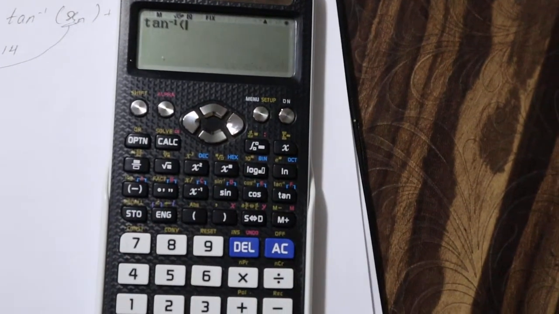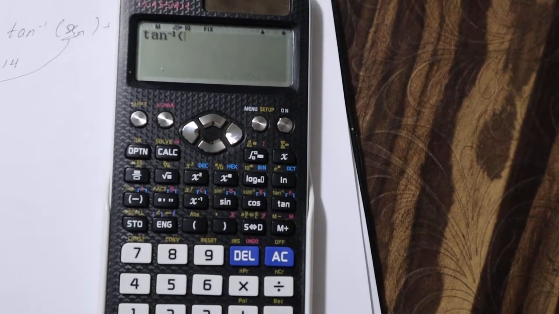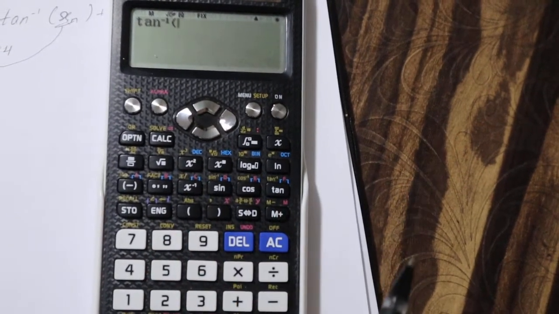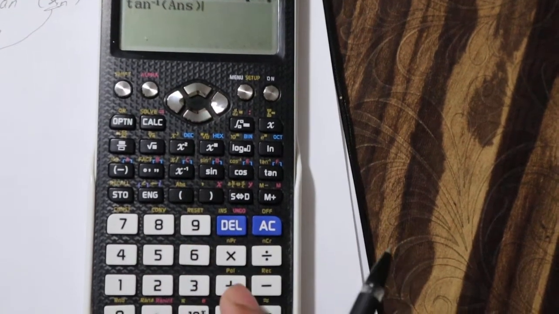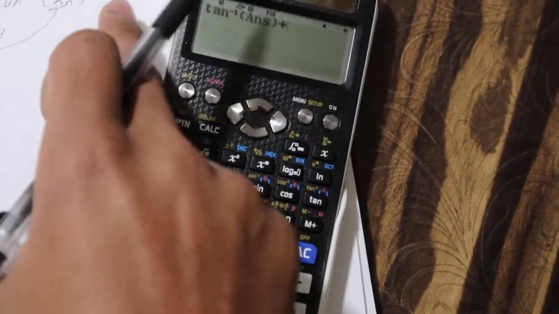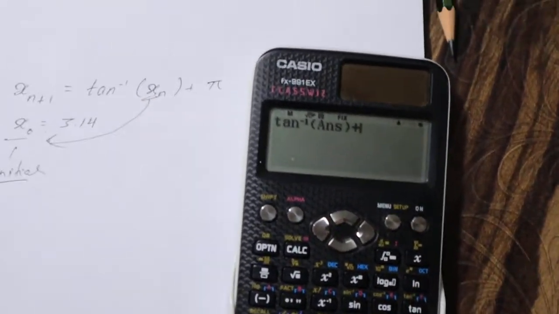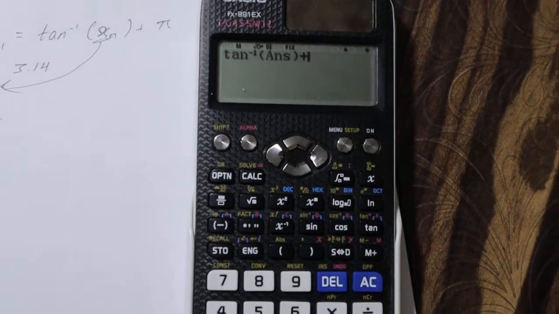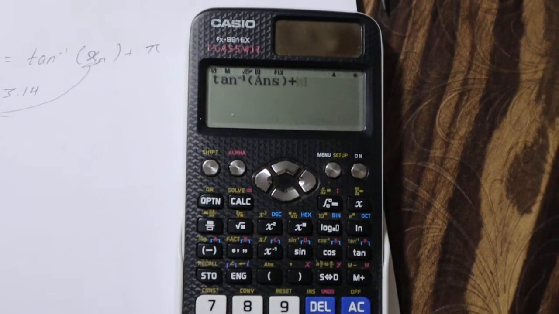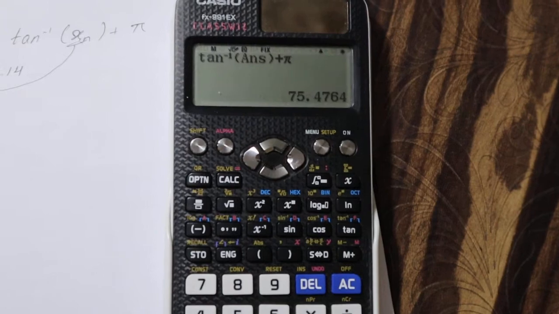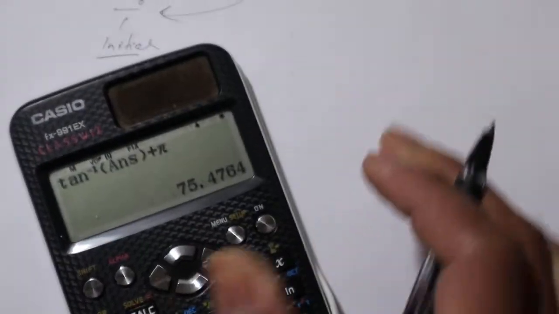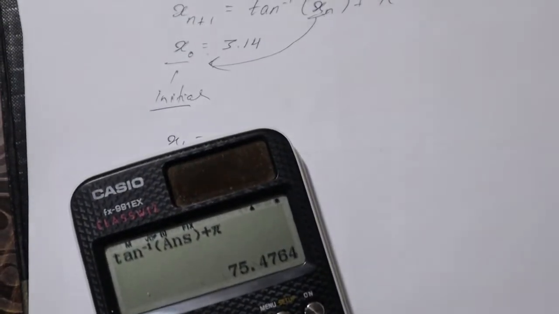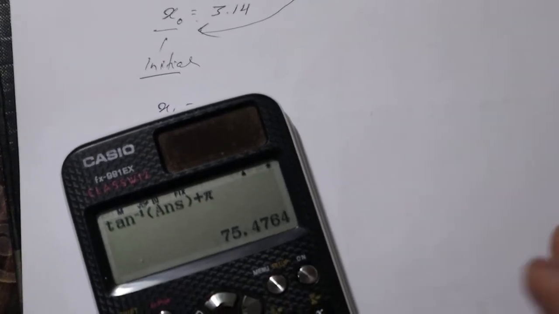So we had already put that answer, that 3.14, in previously, so you have to do Ans and plus we have pi here, so what we need to do is put pi. So this is our x1, so we can write here x1 gives